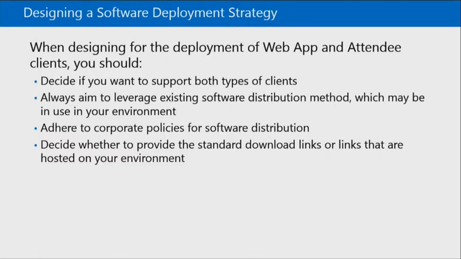From a software deployment strategy, you really need to decide if you want to support both types of clients. And whatever your existing software distribution method is, you need to use that to deploy this new client, as you should. You probably want to continue to adhere to your existing client software deployment and distribution policies. And you want to tell people, am I providing a download link, or a link inside my environment, if you're giving people a download link for